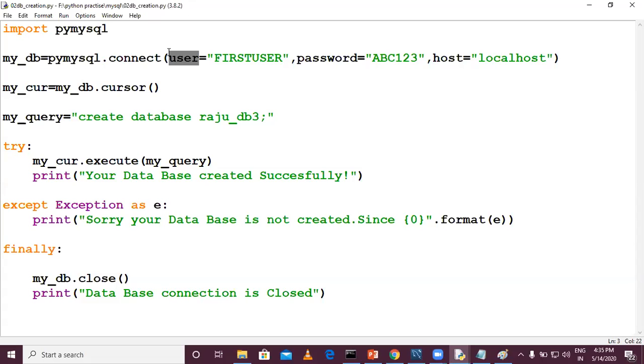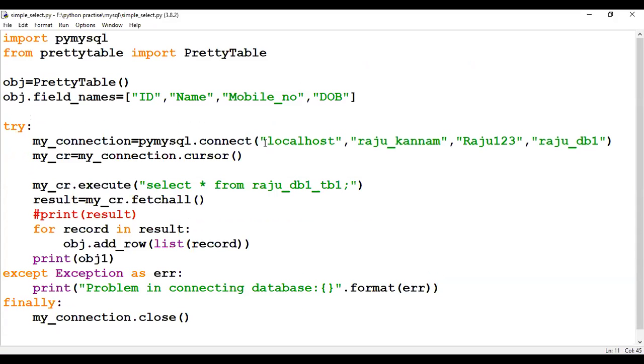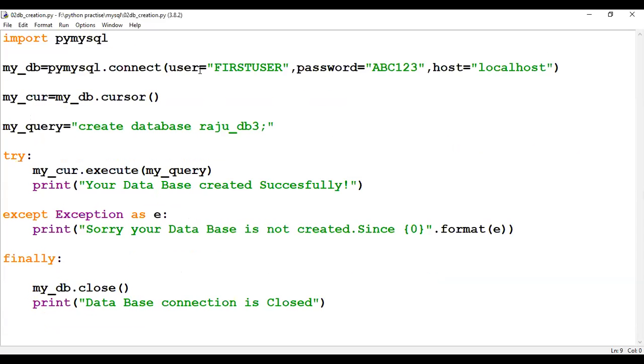Now I don't want to give them in the normal order as in the previous program, where we gave host name, then username, then password, then database name. I want to give them in my own, different order. You can, but whatever value you give, you have to mention the argument name. We have studied these things in functions itself. Now I'm giving the username. What is the username?